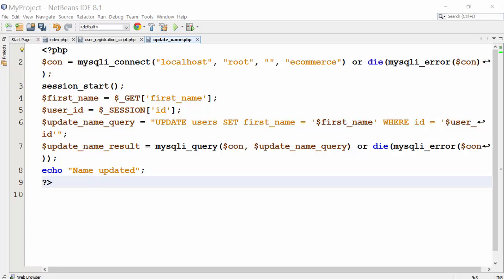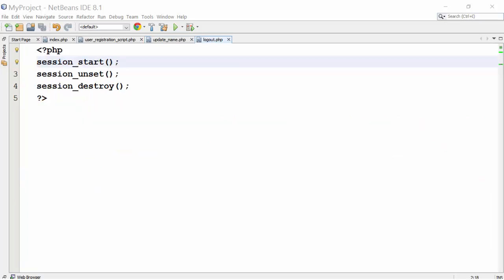If we initialize the session variable only after successful login and registration, can you guess what happens when we click on the logout button? We destroy the session variables which we have created earlier. Make a new file logout.php. Add the following code. session_unset deletes only the variables from the session, but the session still exists. Only data is truncated. session_destroy will destroy the entire session from the server and the session ID from the browser.